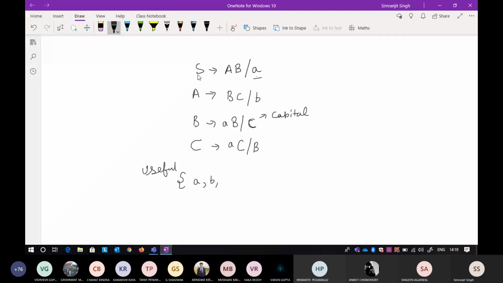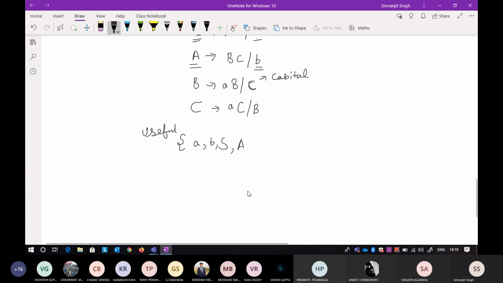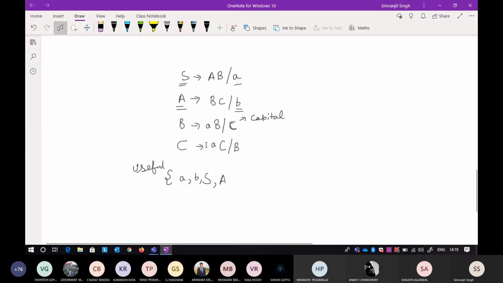Here, this is deriving a terminal symbol, so include this one. This is deriving a terminal symbol directly, so include this one also. I don't think there is another production, so still keep the set open. Now check the right hand side. S tends to A and B, but A is there and B is not part of the set, so just delete it. S tends to A is already there, so include S, which is also already included. Then there is A, so A is B and C.